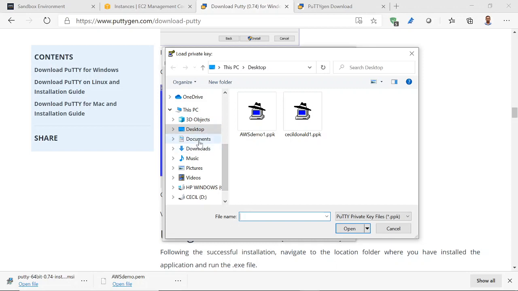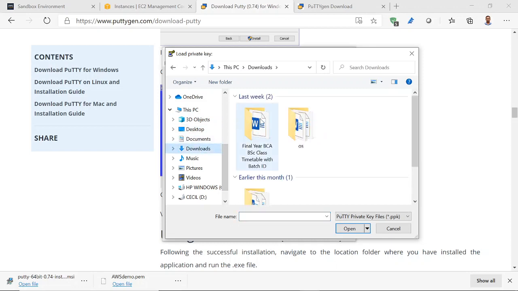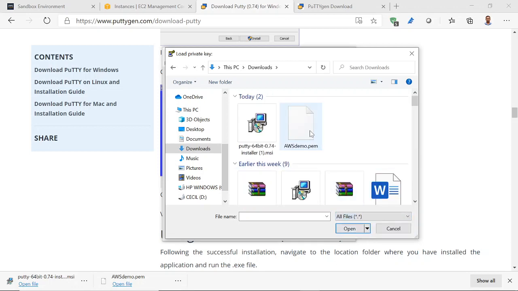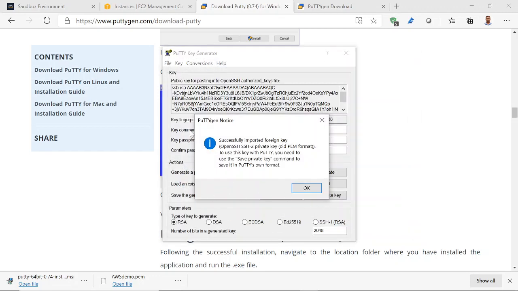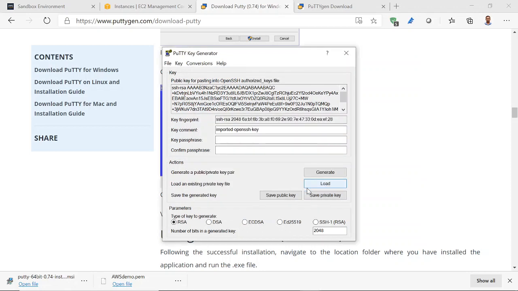Here you have to select all files. Now you can see AWS demo. That was our key pair, and you just select open, and you will get a notification that it is successfully imported, and click OK.